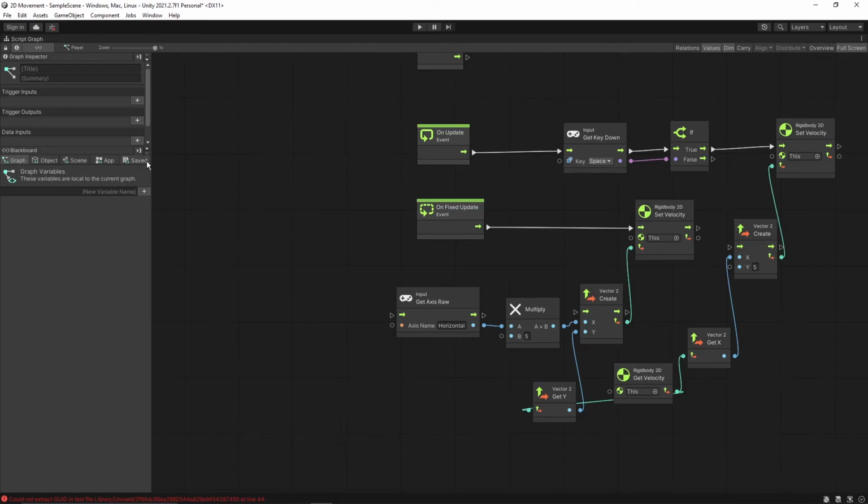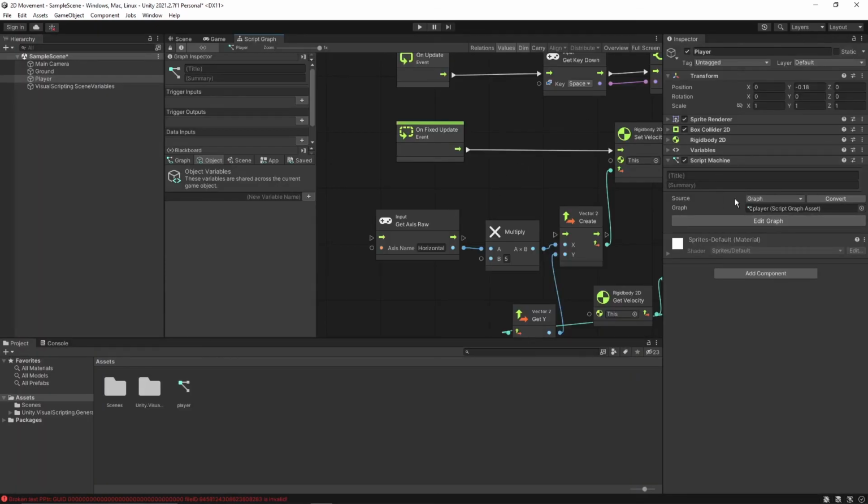There are multiple types of variables: graph, object, scene, app, and shape. For our example, we'll create object variables, because those will show up in this section, and we can change the values directly from the inspector window without having to open the script graph.